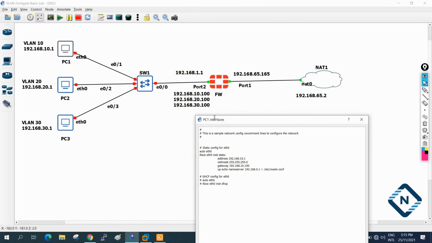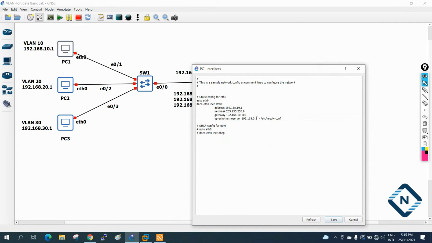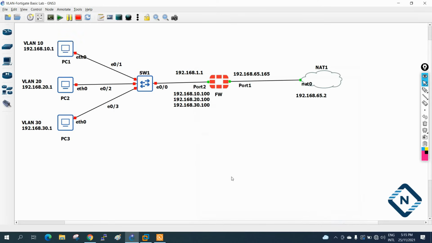For DNS we can use Google DNS, 8.8.8.8. I can copy this whole thing like this. This is good: 10.1, 10.100 and the Google DNS. I will save.